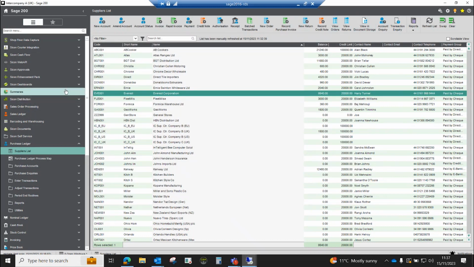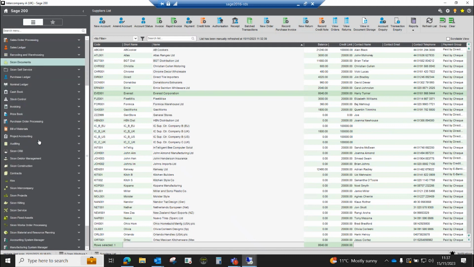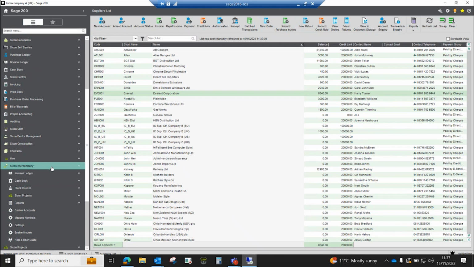The intercompany module, as I mentioned, isn't just about creating transactions off the back of an invoice. There are a number of other things that you can do. So the first thing that we're going to do is actually pop into the intercompany module. That was difficult to say. So we're just going to pop ourselves into the intercompany module, and you'll see those other things that we're able